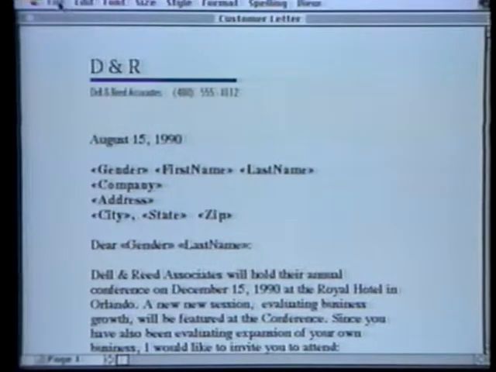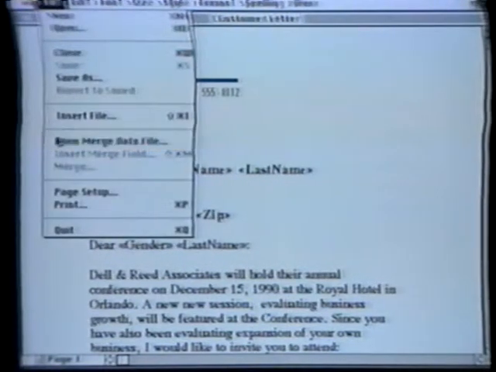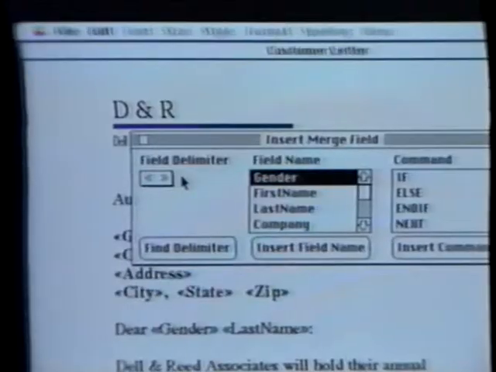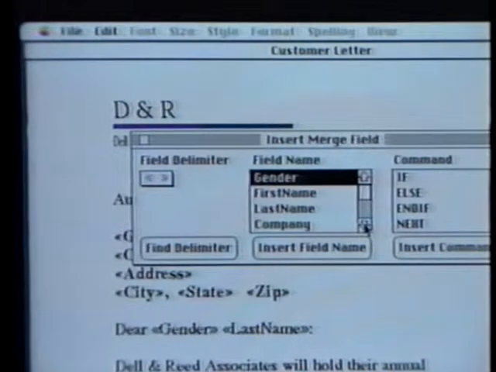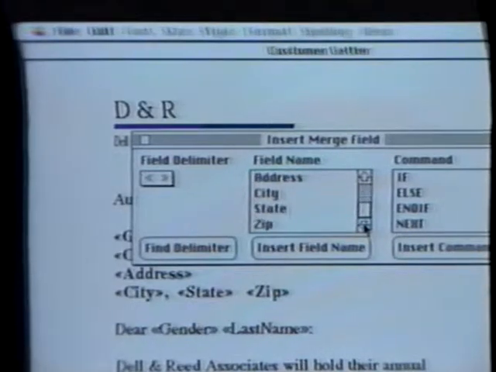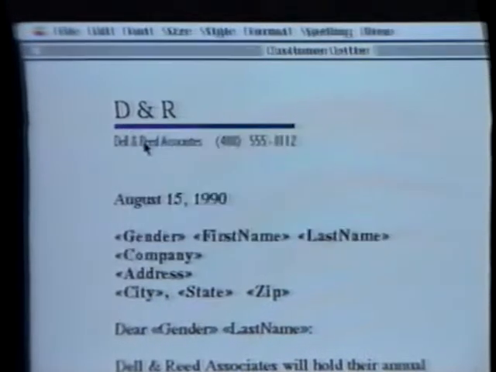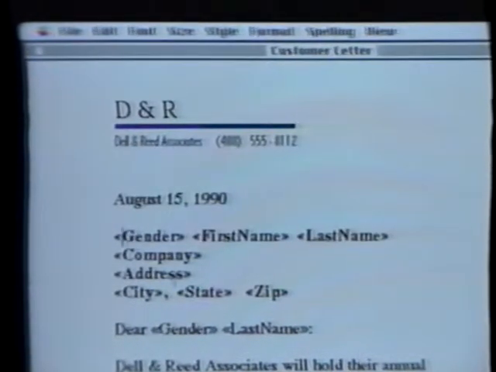When you write a letter for a mail merge operation, you insert placeholders where the specific database information will go, such as name, address, city, state, zip. These placeholders can go anywhere in the document. Before we send this letter, let's make a few changes to show you how easy word processing is on the